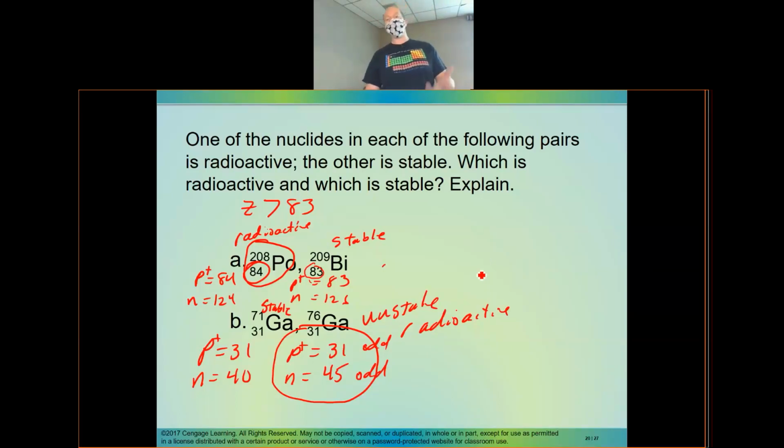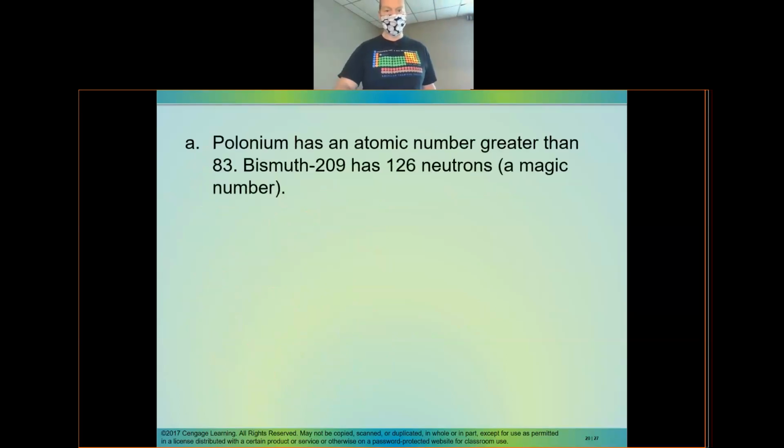All right, and so they ask for both questions. So they say which of these is radioactive and which is stable. All right, so radioactive is unstable and the other one is stable. It's unstable because it is going to emit some particle. All right, so